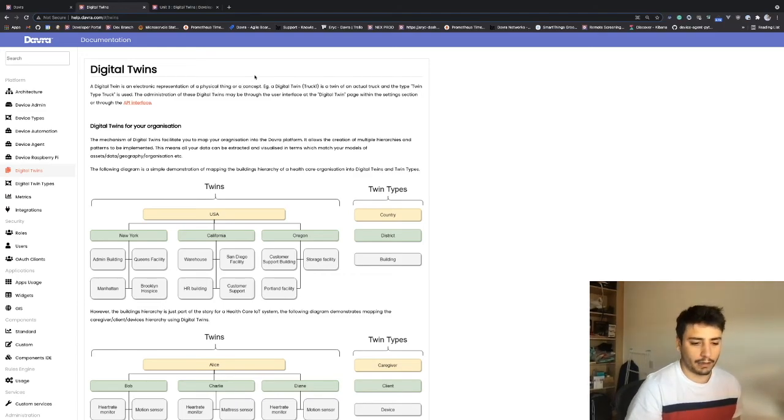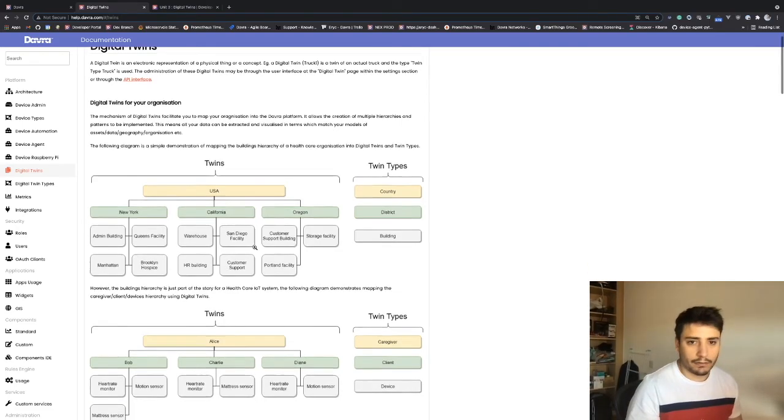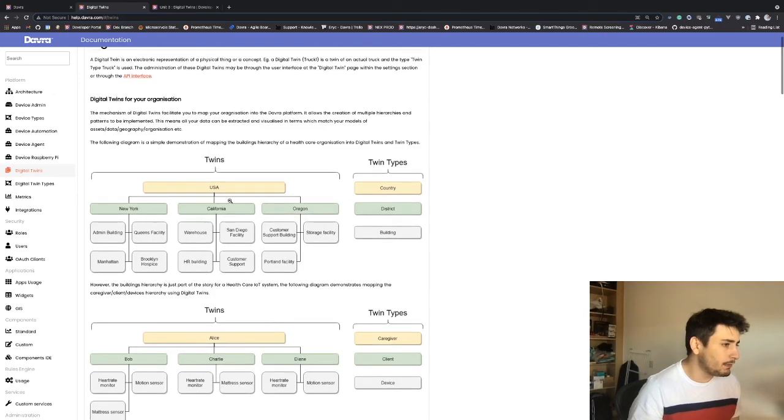It's a concept. Instead of having inside the platform devices, like we saw in the previous units, that are referring mostly to physical sensors, we also want to be able to map things. So it's going to be the aggregation of multiple sensors. In the image we can see here,